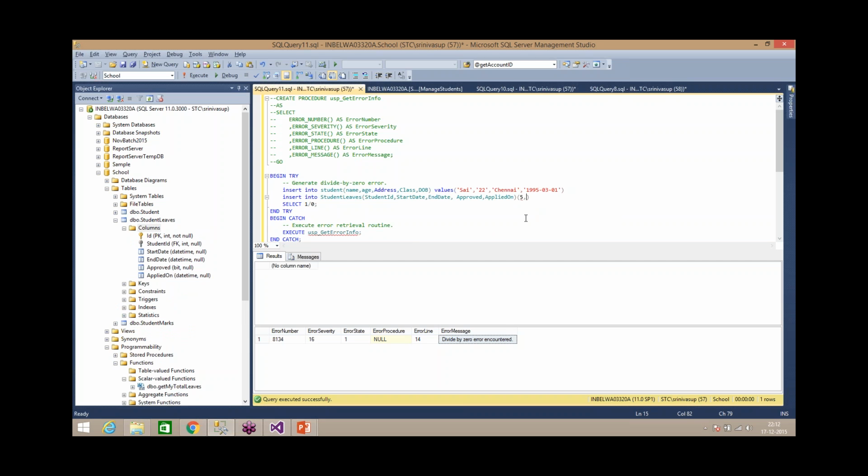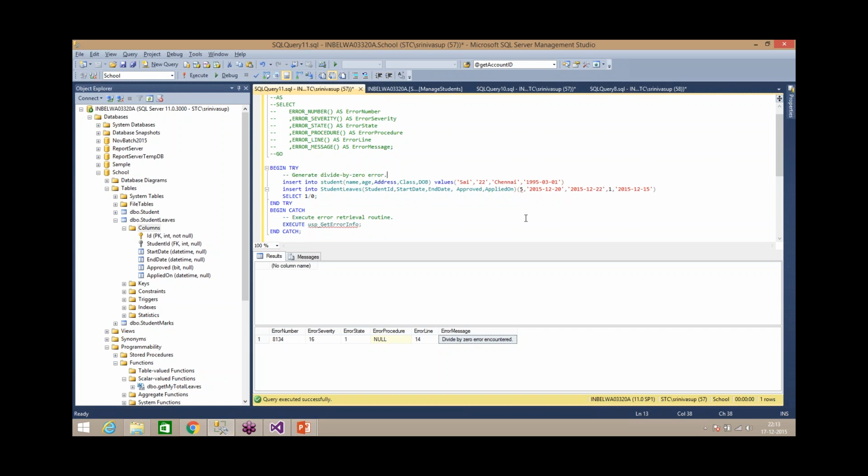Okay, 5. And then the date, I have to give something: 2015, 12, 20. End date 2015, 12, 22. Approved, applied on 2015, 12, 15. Okay, these are my records. I am inserting this, and